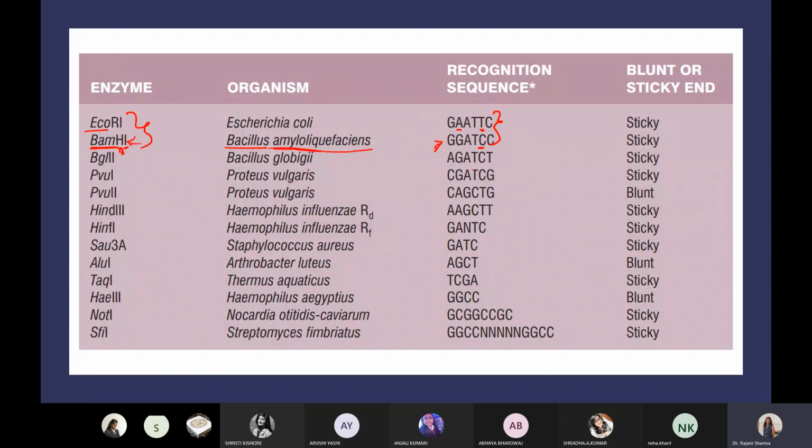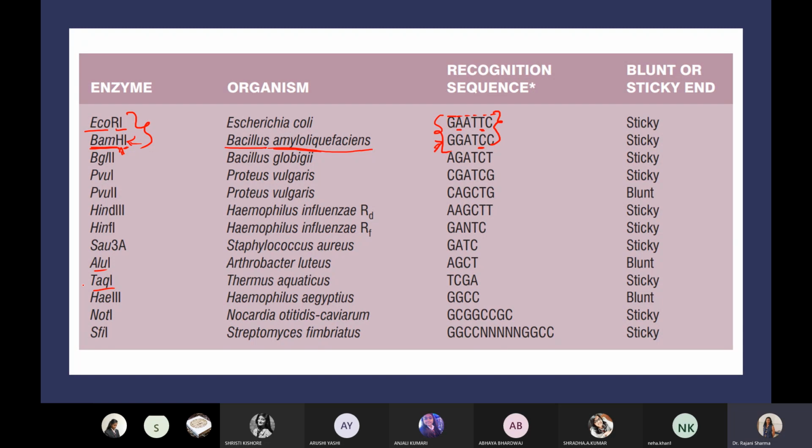Further, how many nucleotides are recognized by EcoR1? GAATTC: 1, 2, 3, 4, 5, 6. The same 6-nucleotide sequence is recognized by BamH1, but there are a few restriction endonucleases like AluI, TaqI...